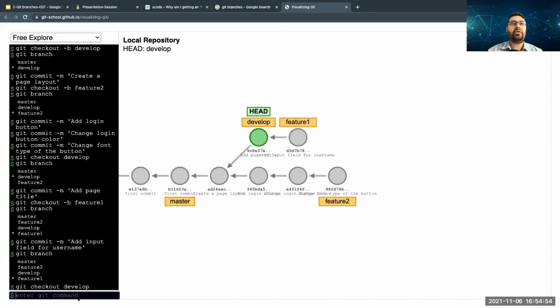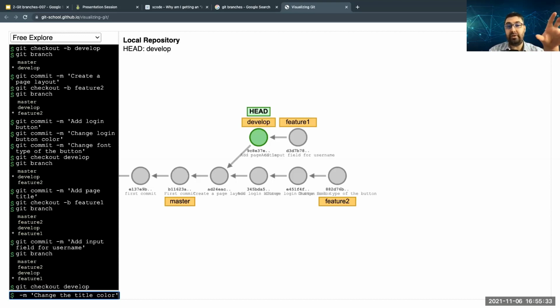So let's just git commit -m. What did you do? Now I'm on the develop branch. What change did you make? Last time I saw you, you were working on the title. Add page title. Yes, the last time your change says that you added the page title, and this time, change the title color.